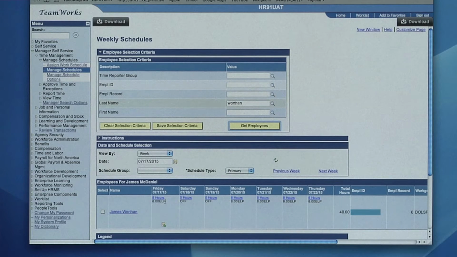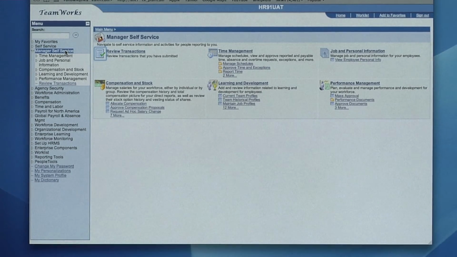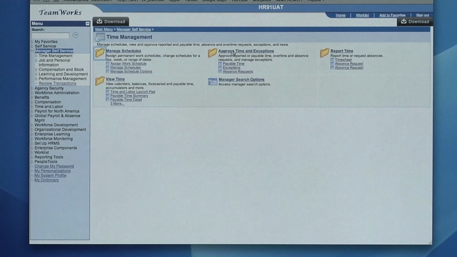Once you've entered time for the employee and it is time to go to time lock, our time lock concept is not changing. The business practice of locking time and the time that we lock time has not changed. What you will be responsible for doing, or a timekeeper in your area, is you'll go to Manager Self-Service, Time Management,